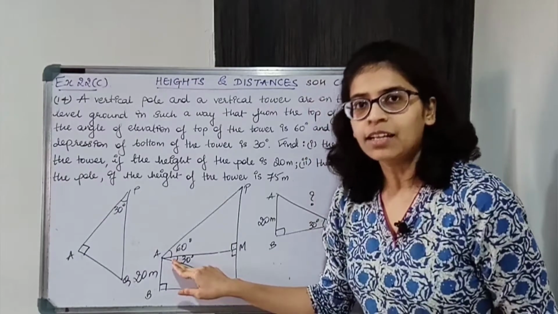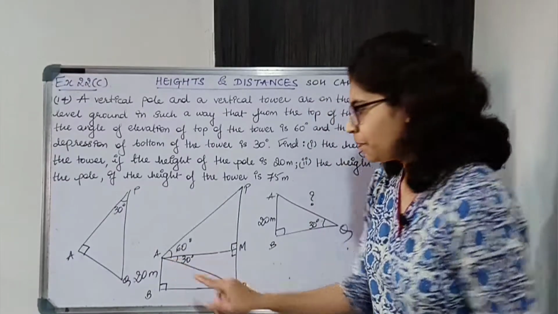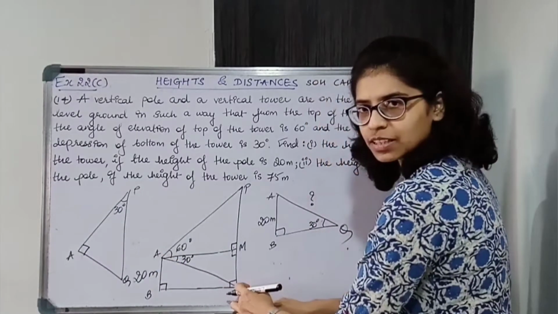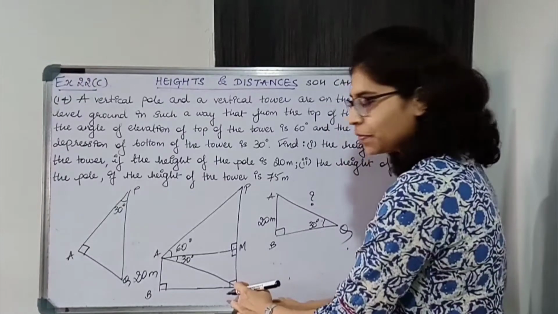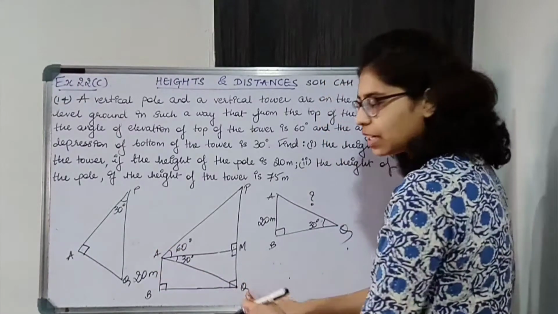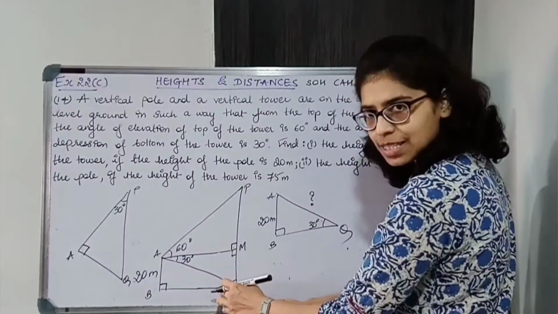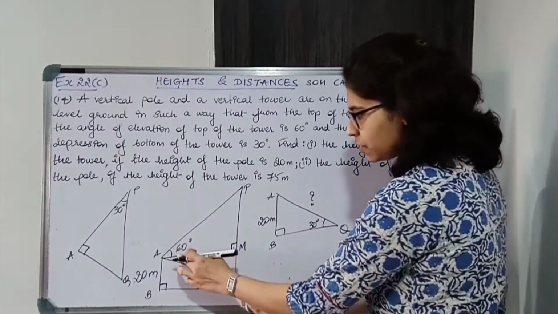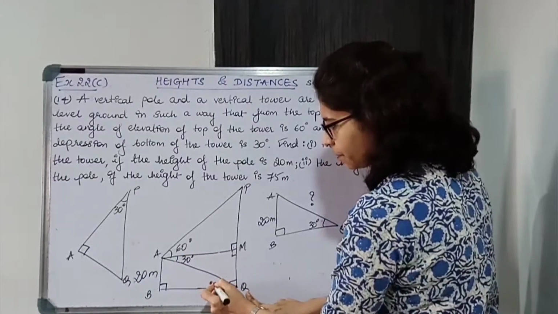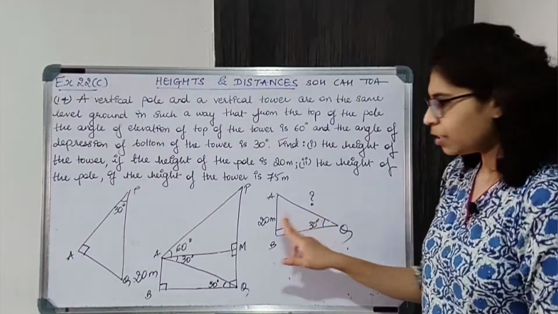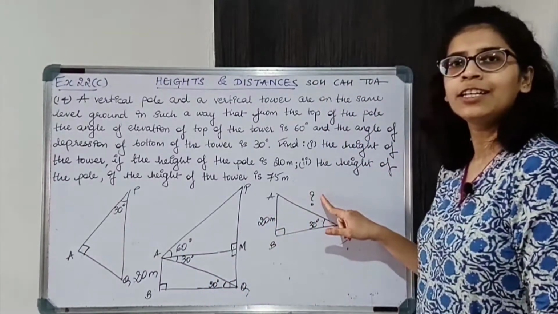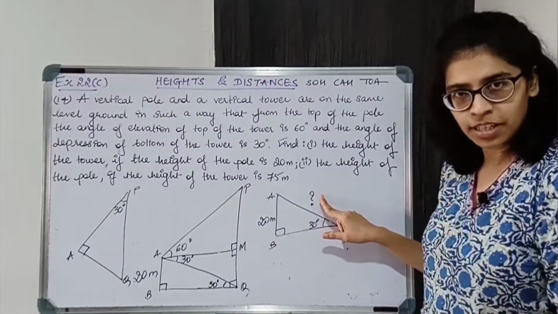This is 30, angle of depression is 30. So A से Q पे observe करते हैं तो 30 होता है, और if Q से A पे observe करते हैं तो angle of elevation होता है. Angle of depression और angle of elevation is same. Okay, so this is 30, this will be 30. So I know one angle, I know one side, I can easily find the other side using trigonometric ratio.